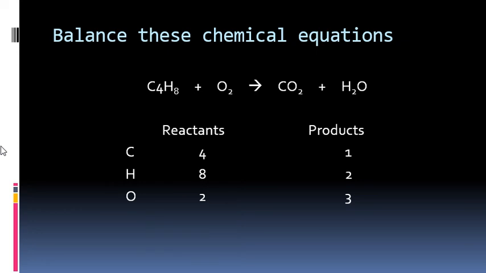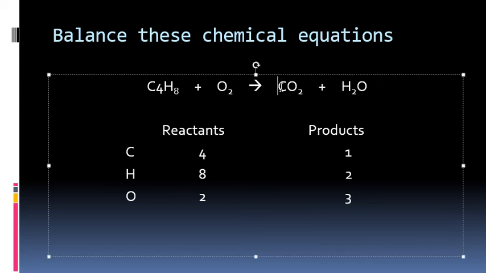So in this case, if we have more carbon on the reactant side, then let's add a coefficient on the product side to balance out the number of carbon. And if carbon is only showing up in CO2, we only need to add a coefficient in front of CO2. Now, if we want to have a total number of 4 carbon on the product side, and each time we add a coefficient in front of CO2, that's adding 1 mole of carbon. What times 1 gives you 4? Well, 4. So adding a coefficient of 4 in front of CO2 now brings us up to 4 carbons,